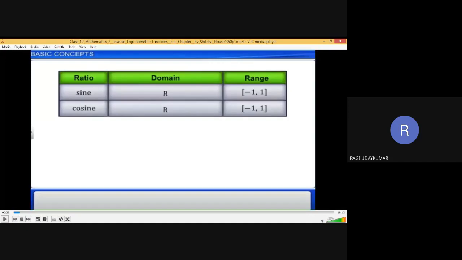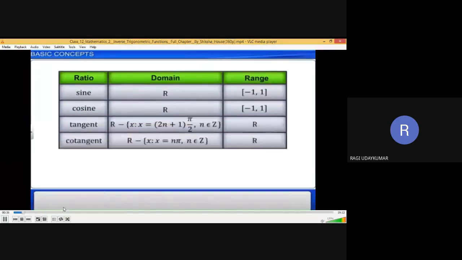What is the domain of the sine function? Try to remember: the domain of the sine function is real numbers. R is nothing but real numbers, and the range is -1 to 1. And for the cosine function, the domain is real numbers, same, and the range is -1 to 1. And whenever you take the tangent, the domain is